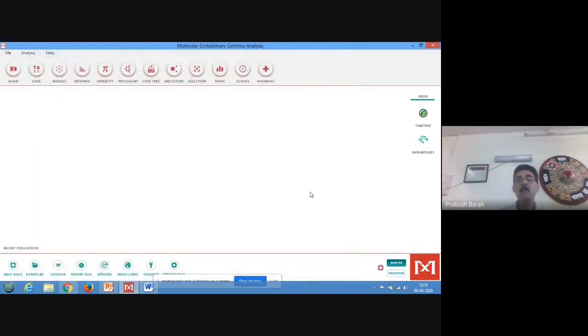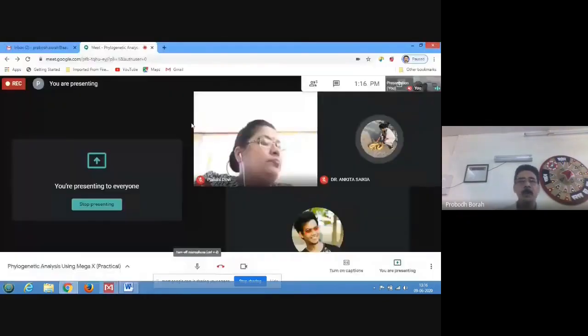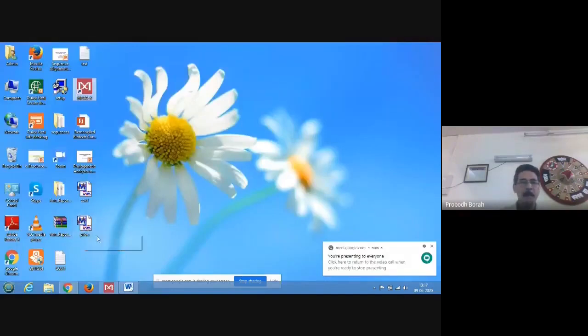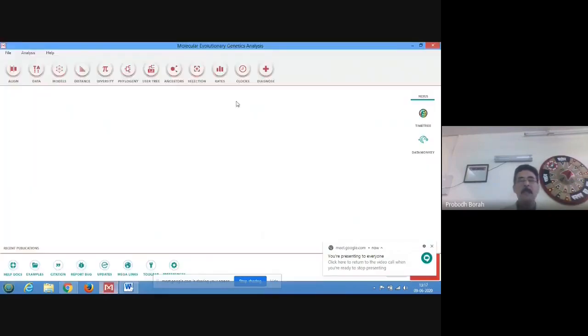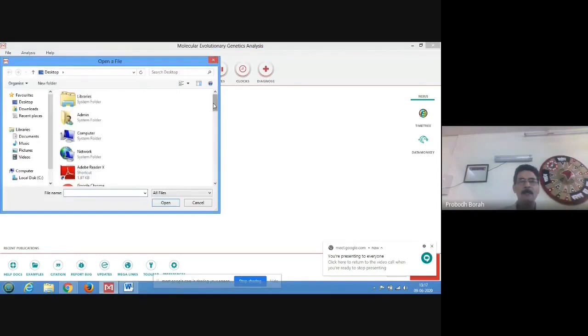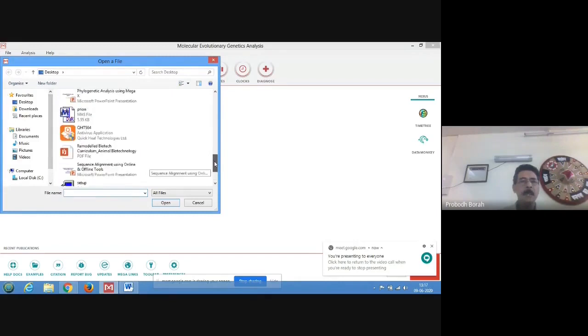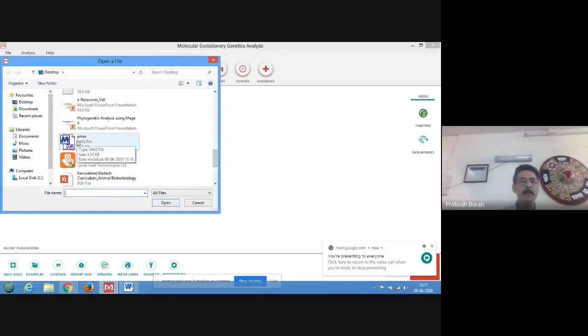Let the MEGA remain, because we will now bring that aligned data. The file will be brought from the desktop. Already in the desktop we have that file. So this is the Prion mask file created now. This has been created as a mask file. So we will go back to MEGA. And now this time we will go to File, Open a File or Session, go to desktop, find the Prion mask file. This is the Prion mask file. Okay, bring this file.